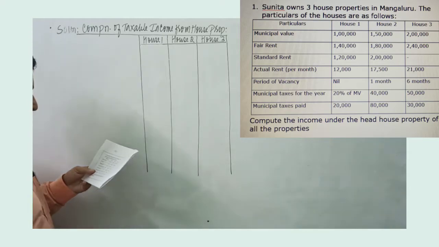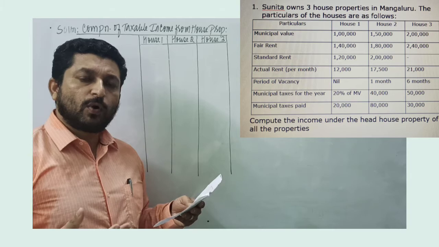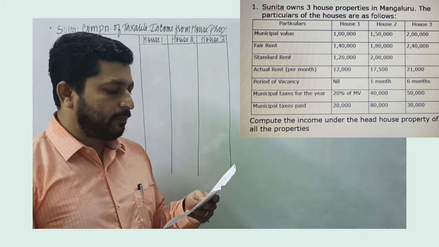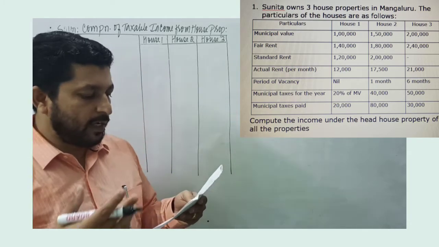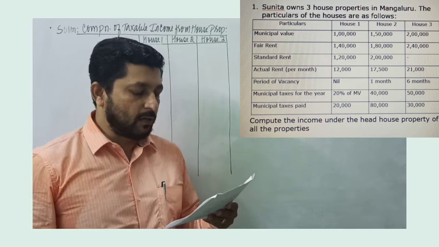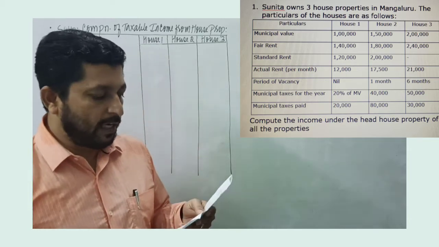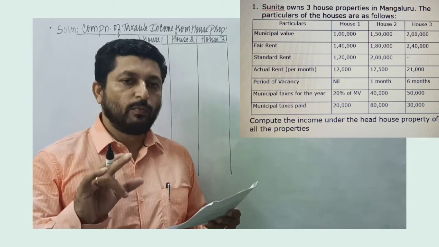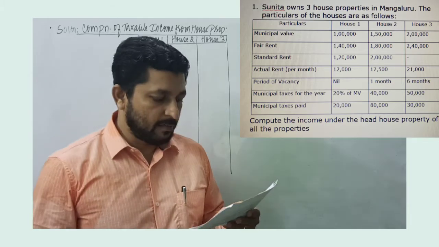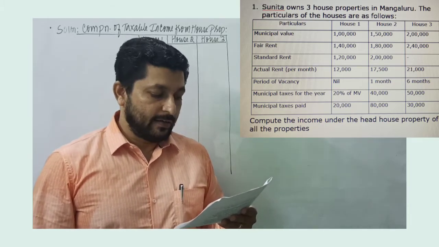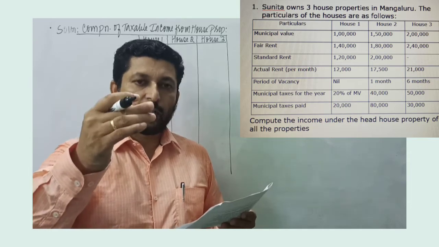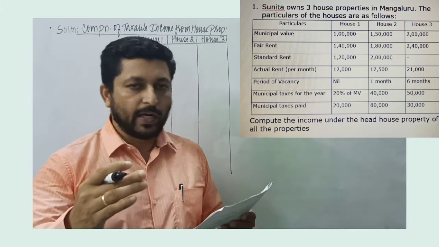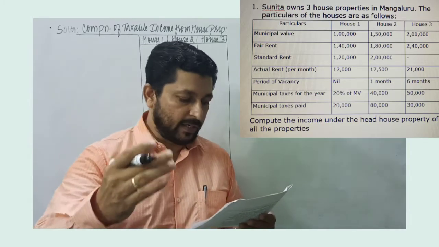Let's look at house 1. Now, gross annual values are not given, but we will calculate. As far as house 1 is concerned, let's do it just through calculation. Municipal value is 1 lakh, fair rental value is 1 lakh 40,000. So among the two, whichever is higher. So 1 lakh 40,000 is higher. That will be compared with standard rent. That is 1 lakh 20,000. So 1 lakh 40,000 or 1 lakh 20,000. Among the two, whichever is lower. So lower is 1 lakh 20,000